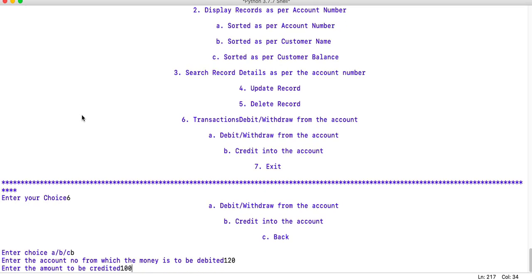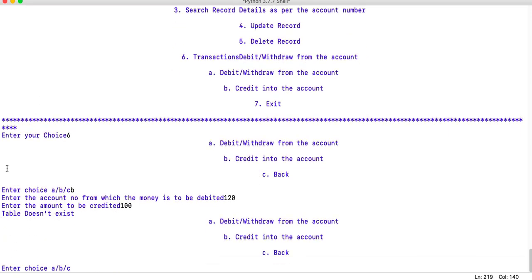Enter the amount 100. Can you see it is showing me the error table doesn't exist, though the table is existing. Actually there is another kind of exception which is raised because it's not able to read all the records, and to let the program run, I have avoided that exception and I have given this message.